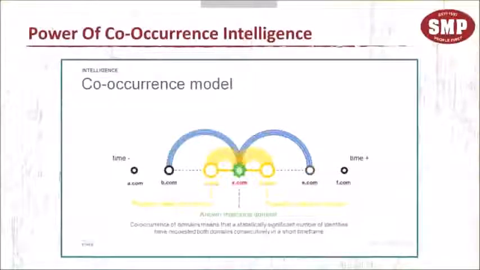In looking at previously unknown malicious domains, we're looking at the co-occurrence model within Cisco Umbrella. This is based on the vast amount of information that the Cisco intelligence team is gathering daily. So if somebody originally launched a URL to x.com, based on that vast volume of information and machine learning, we can also do co-occurrence